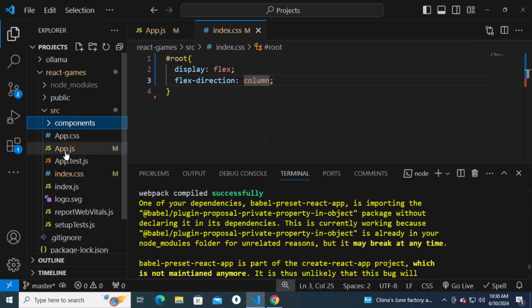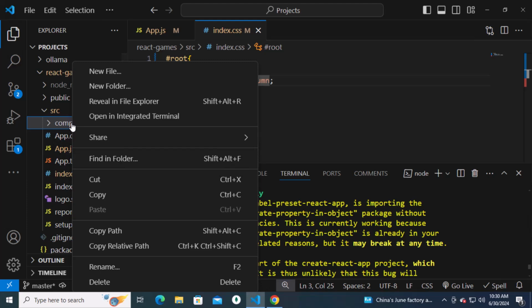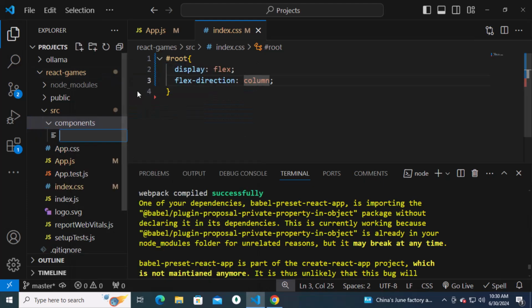The root component usually stays outside of it, app.js, but all your other components usually go in this folder, and then we'll see a couple other folders that we'll create throughout the course here too, but for now we'll just have a components folder here. Go ahead and right click on that components folder and then choose new file, and we'll just create a sample component. So I'm going to name it